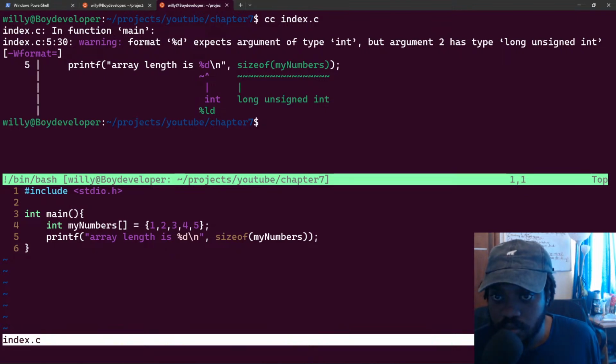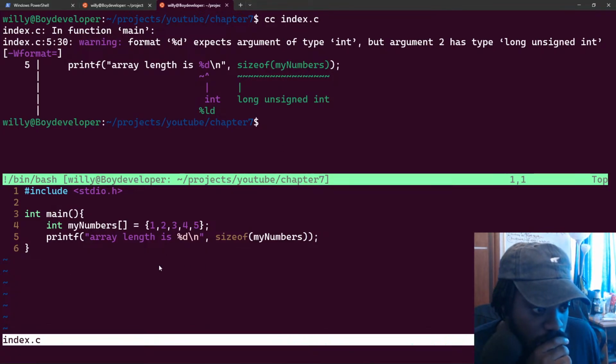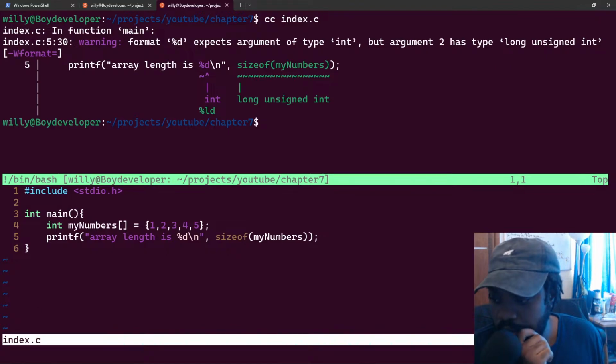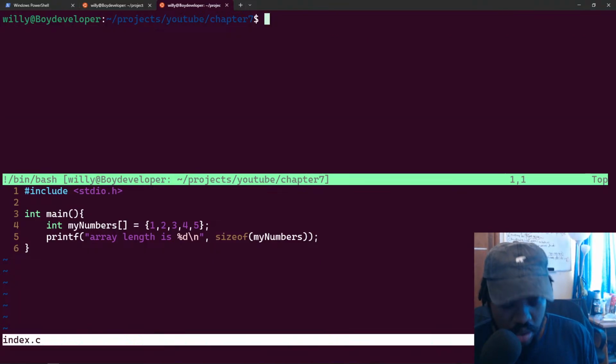Let me see. Yeah, sizeof does not give int. I actually did sizeof before, right? I mean, it actually gives int, but I think it gives you like the actual binary. Wait, hold on, it's not what it does. But